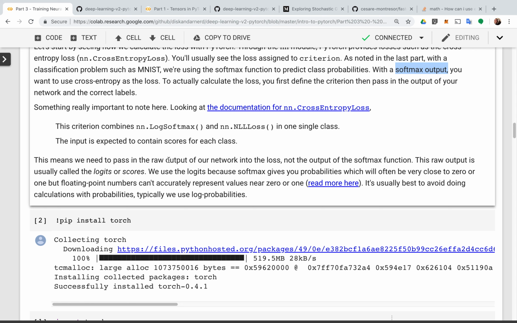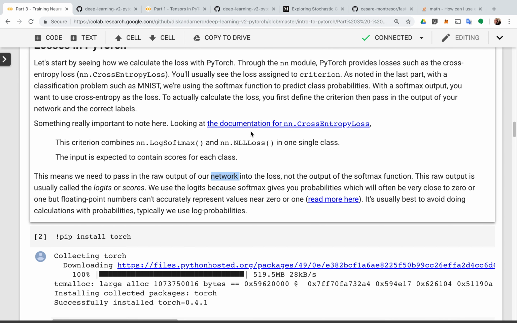So you need to pass the raw output of our network. Not the output of the softmax, because the cross-entropy loss is already combining the softmax, which is already embedded inside this library. So you don't have to pass it through the softmax function anymore. This raw output is usually called the logits or scores. We use the logits because softmax